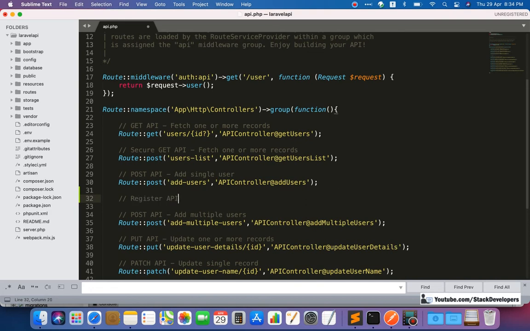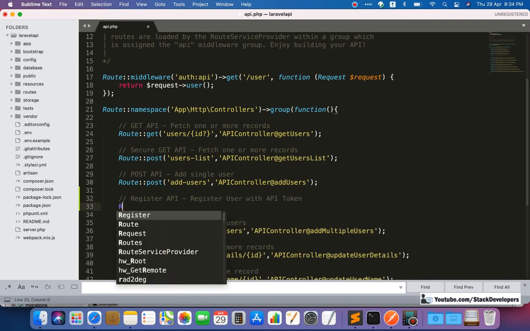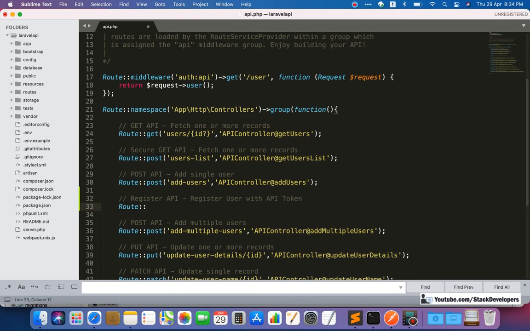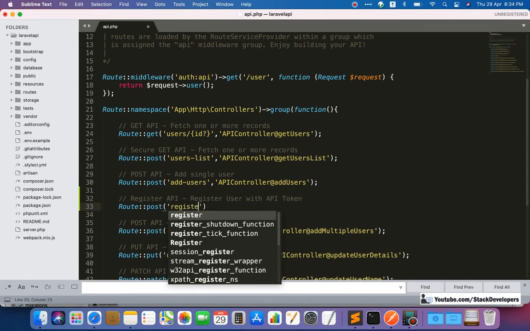The register API is a POST API itself, where we are going to register the user with the API token as well. So here I am going to add post, and make it register user.